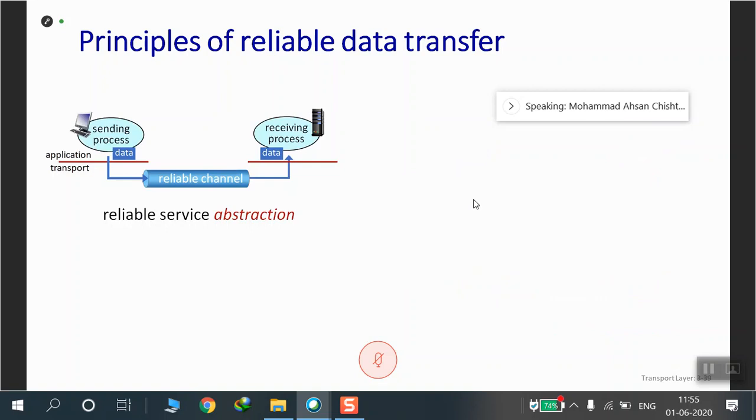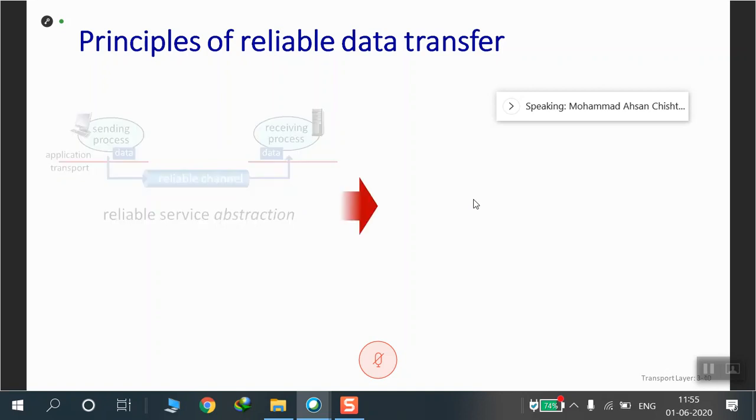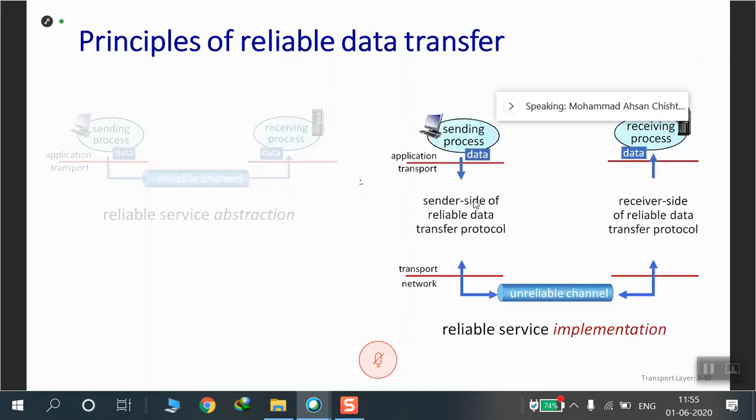So we have a sending process here, we have a receiving process here, and the application layer passes data on to the transport layer, and the transport layer provides a reliable channel or a reliable service abstraction in which you can send reliable data over an unreliable channel. So if the network layer cannot provide certain reliability, here